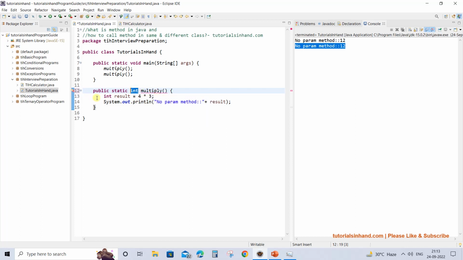And see, just because we are not returning anything, this gives a compilation error which says that this method must return a result of type int, which is not happening in this case, and that is why we are seeing this error. But for now we need to concentrate on this method which does not return any value. We will see a method that returns a value in the next video tutorial. So for now, let's focus on this particular aspect.